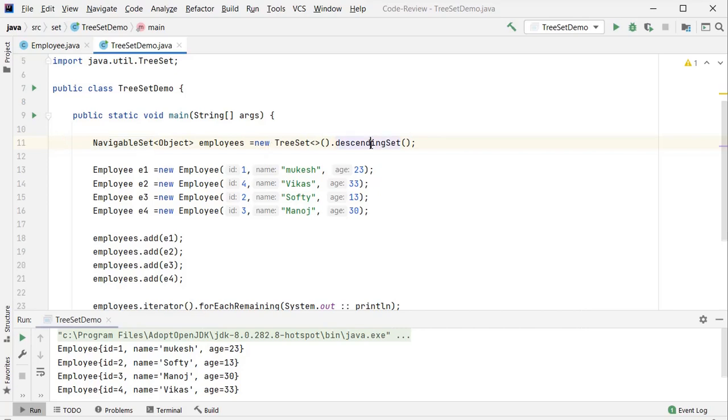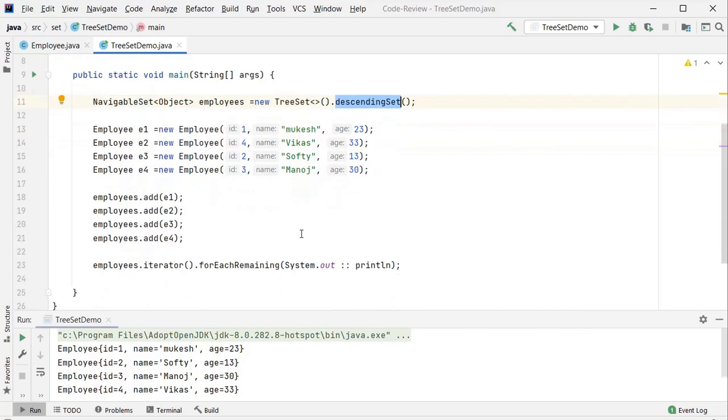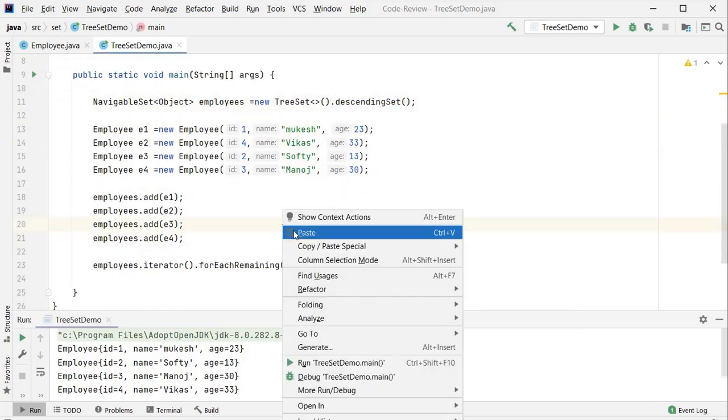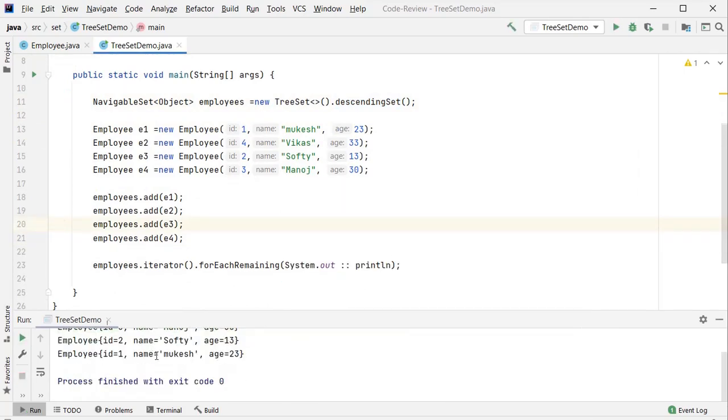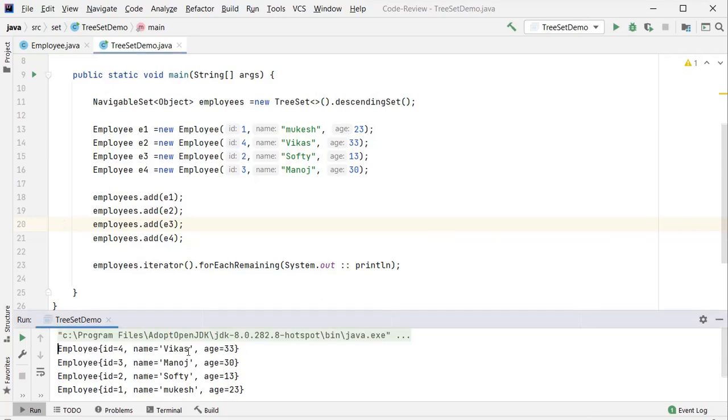So those methods are not available inside that Set. Now you can run it. You can see this is printed in descending order.